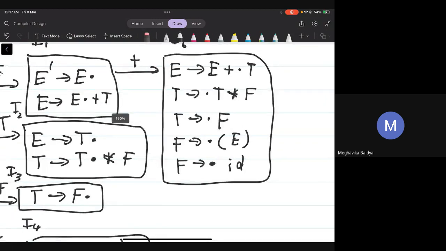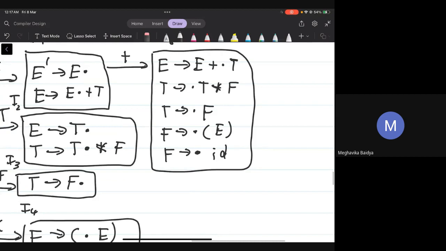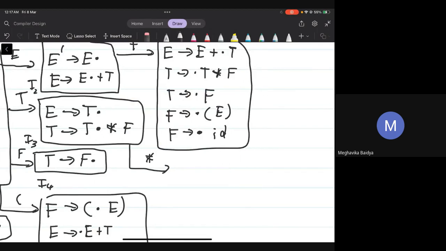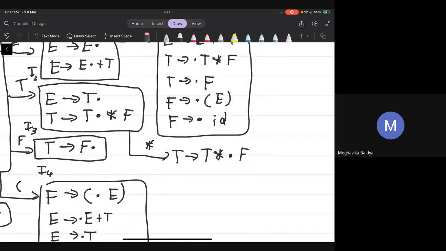So I was saying, when you do the plus, you get E plus dot T, and you just expand T, and that's your I6. Okay. And now we do the next one. You take star, and what do you get? You get T goes to T star dot F, and you have to expand F again. So how do you expand F? It's just the last two grammar rules from here. So copy